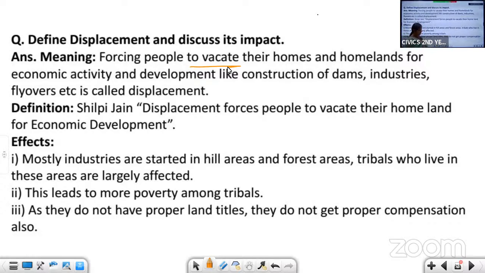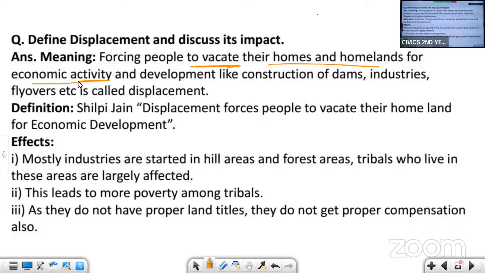Many times the houses are dismantled, so the people living in those houses have to move to some other place, right? That is displacement. Displacement is nothing but forcing people to vacate their homes and homelands for economic activity